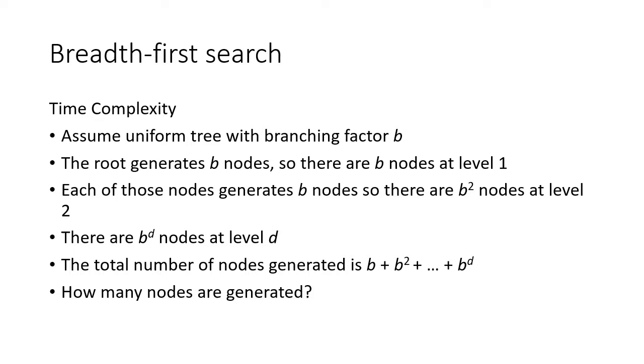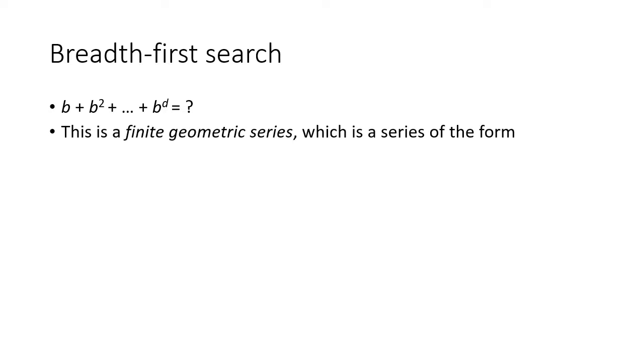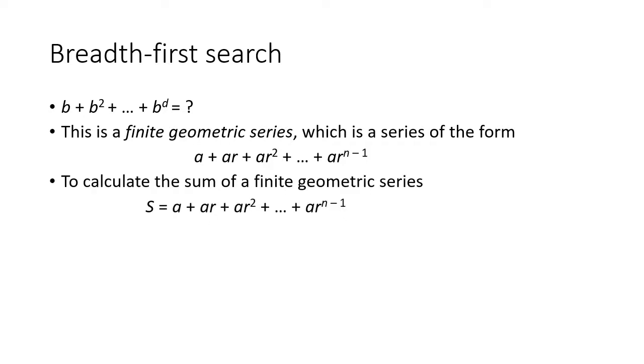So how many nodes in all is that? b plus b squared all the way up to b to the d. When we add those together, we may remember that this is a geometric series, which has the form a plus a times r, and then r is the factor that keeps being multiplied after that initial term. So to calculate the sum, we could set up the sum S to be equal to this value that we're looking for,